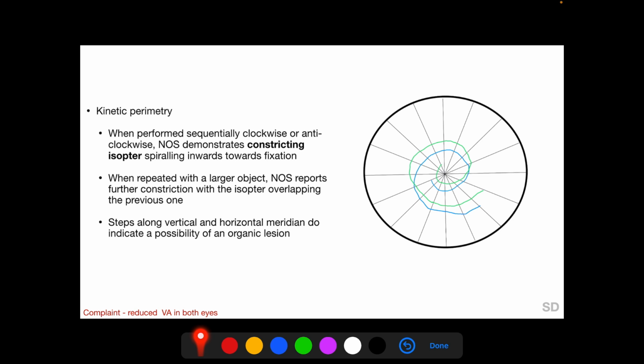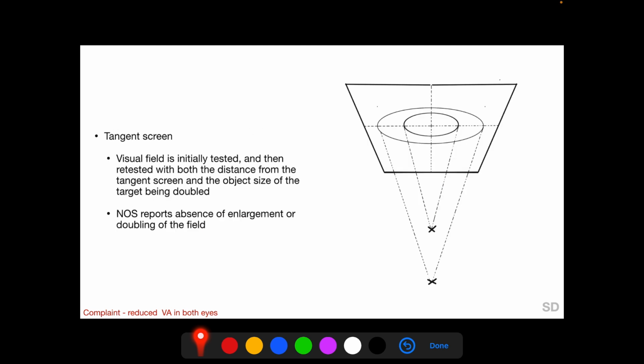But if there are steps along the vertical and horizontal meridian, that does indicate a possibility of an organic lesion. Steps along the vertical meridian suggests a neuro-ophthalmic field defect, and steps along a horizontal meridian suggests a glaucomatous or an ischemic field defect. A tangent screen can also be used to identify an NOS subject complaining of a visual